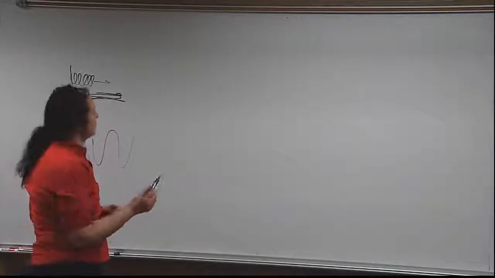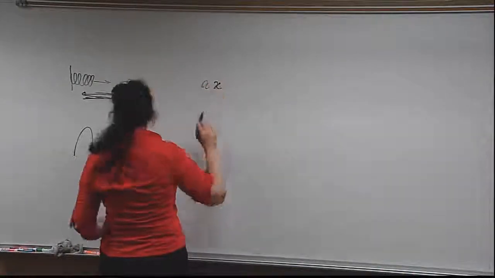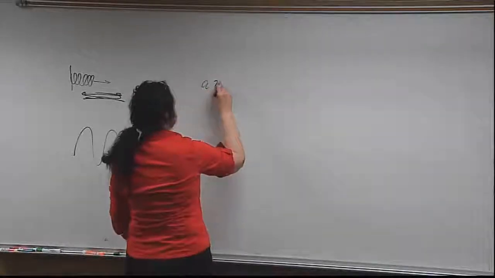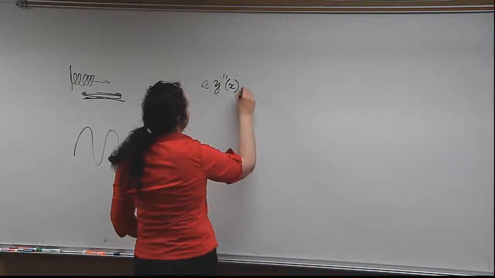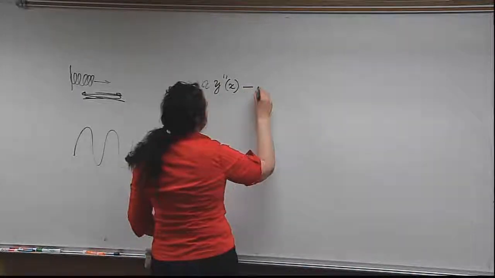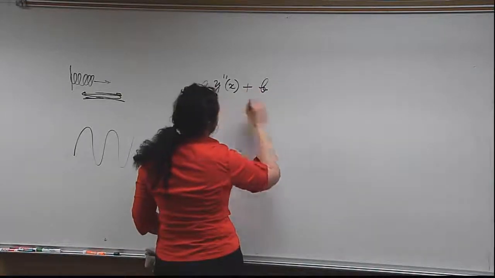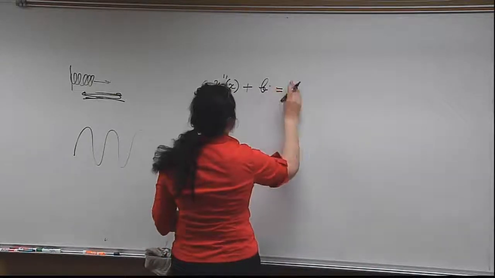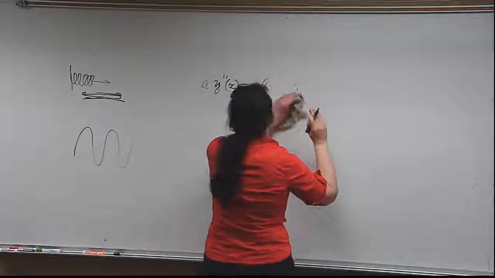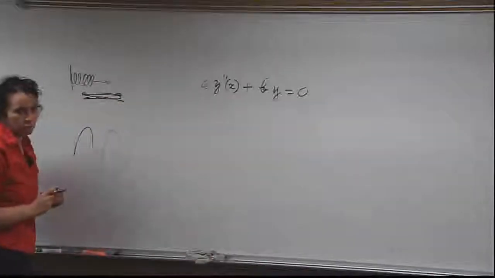If somebody gives you this equation, let's say a x squared, y double prime of x plus minus b equals 0. And here's a y. Why would that show up like that? Well,